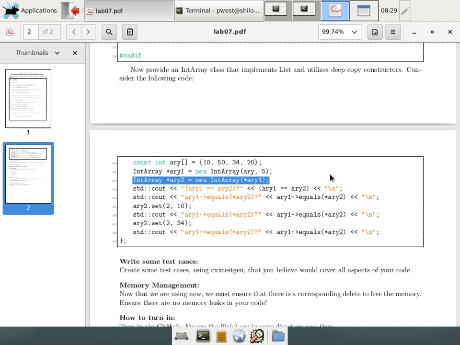And just copy it, right? Right. It's going to create its own internal array. Oh, so would this be like a deep copy then, kind of? Yeah, deep copy. So these two objects, should they have internally the same values? Yes, good. All right. So ARY2 has been declared as a pointer to an int array. You create an int array object on the heap that's a copy of ARY1, and then you